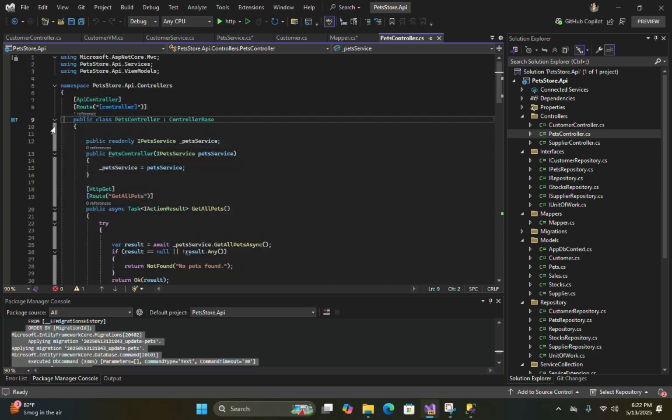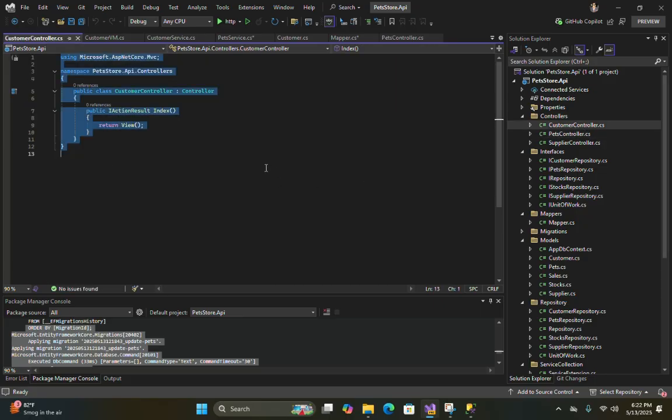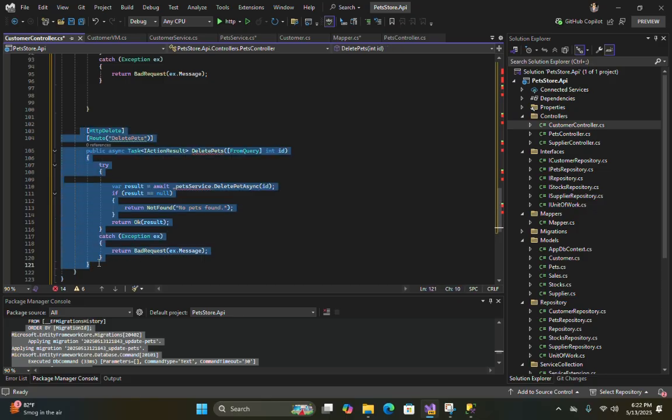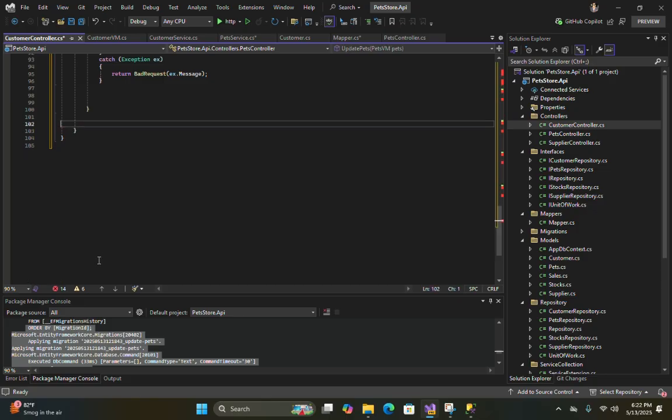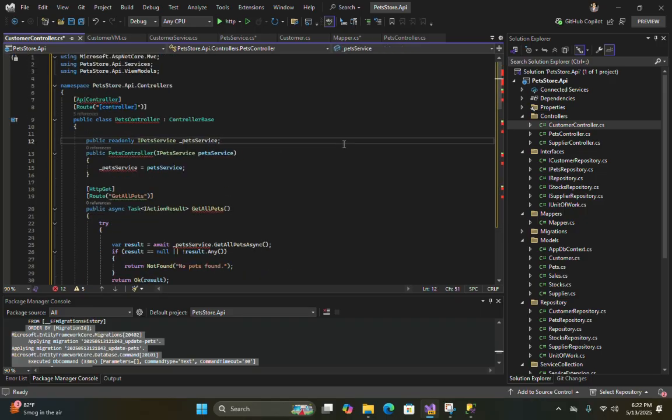So let's copy it all and paste it in the customer controller. We don't need the function for delete, so we remove it. So let's find pets here in the current document. Not this one, not this one.